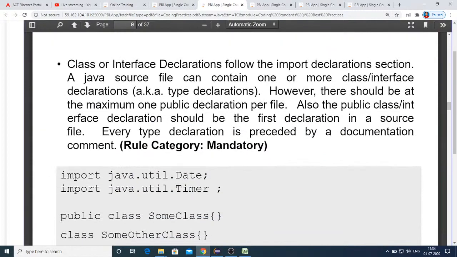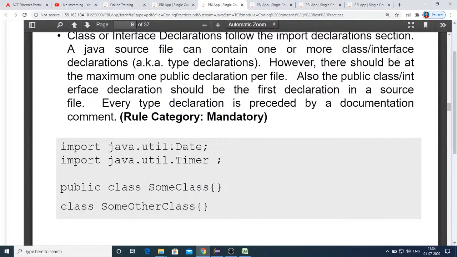And then while naming the classes or interfaces, I think these things you already know. When you name a class or interface, compulsory each word's first character should be a capital letter. During your academics you might have been taught this by your Java faculty. When you are naming classes or interfaces, just make sure they are more of noun nature.